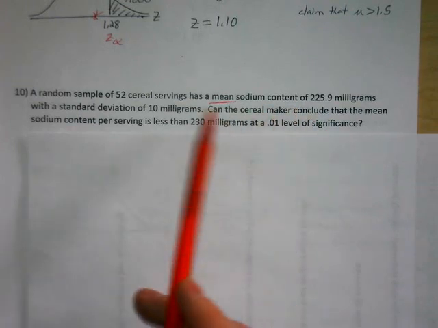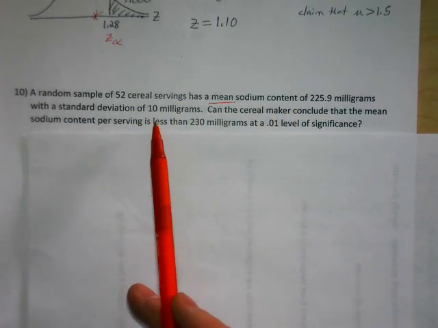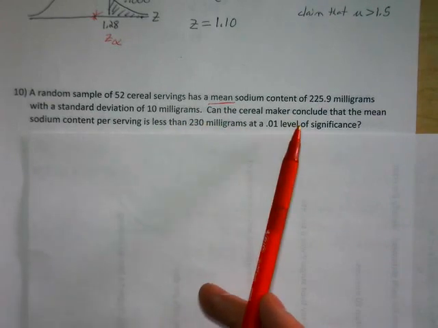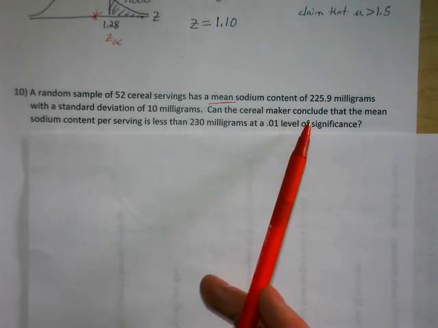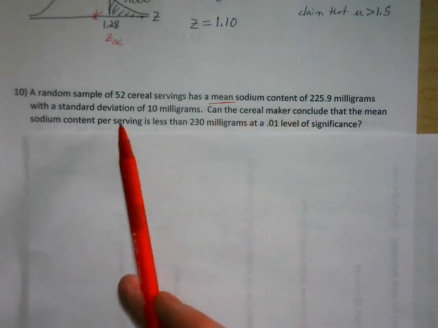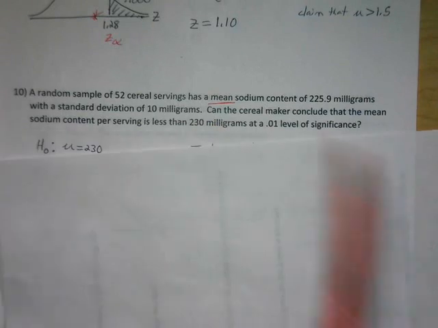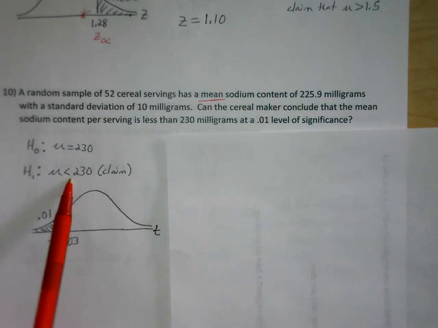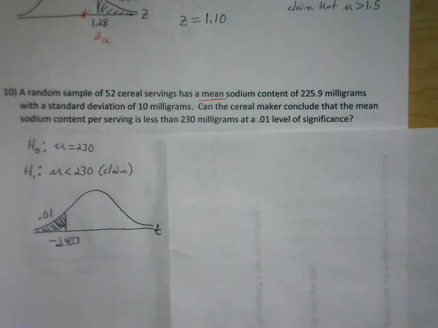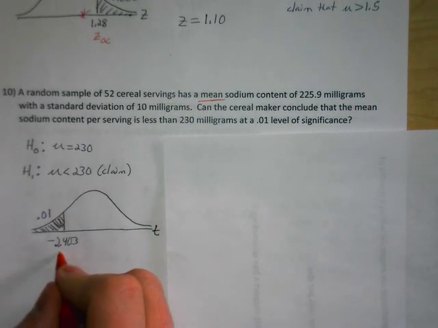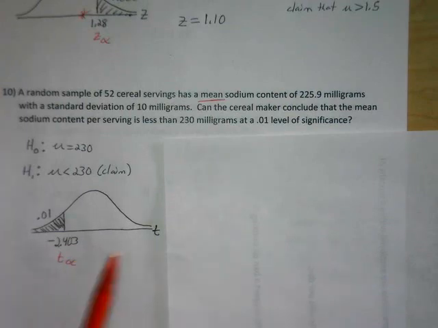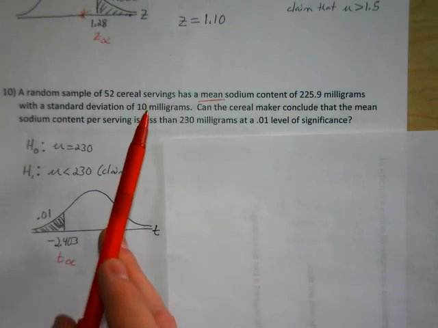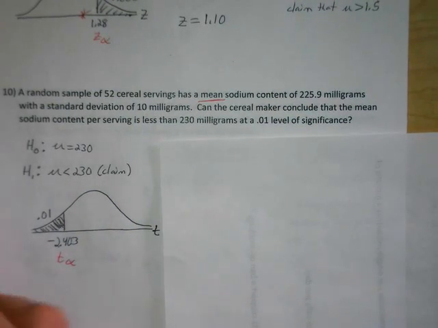Can the cereal maker conclude that the mean sodium content per serving is less than 230 milligrams at a 1% or 0.01 level of significance? So they're trying to claim that mu is less than 230. So when you set up your hypotheses, mu is less than 230. That's your alternative hypothesis. And then mu equals 230 will be H0, your null. Now we're using T. So this is a T sub alpha value because we're given a sample standard deviation of 10. So we have 1% to the left, or 1% in one tail,